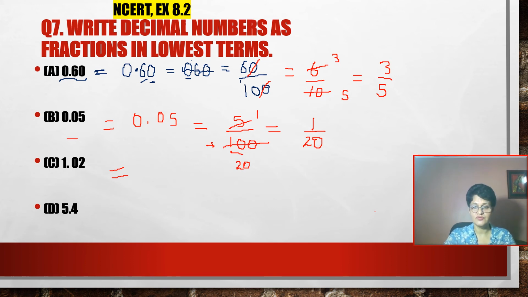The third example is not from your NCERT and I have taken it myself because I wanted you to also do a question with a whole number, because earlier we have done ones where there is a 0 as the whole number. So let me write the question for you. That is 1.02. Step 1, copy the number as it is without a decimal. So it becomes 102. And then I have the denominator. Instead of the decimal I write 1 and there are 2 digits after the decimal, so I write 2 zeros. Clear? If there are 3 digits after the decimal, how many zeros will you write? 3. After that I have to reduce and I can clearly see both of them are even numbers.